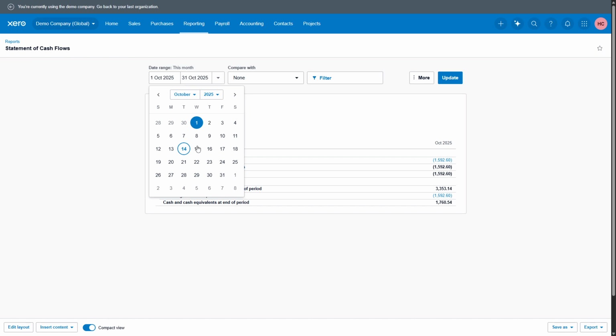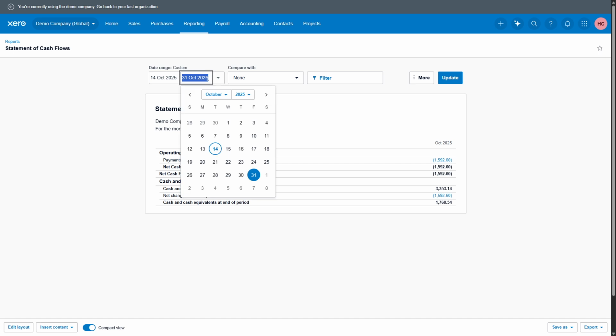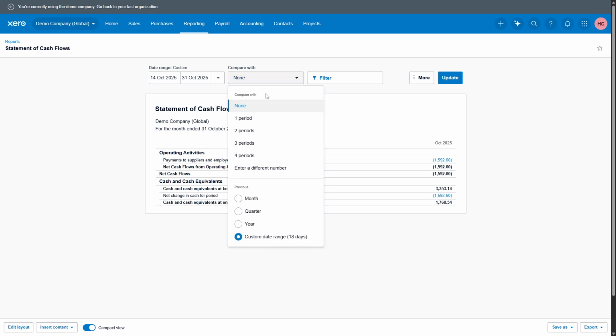After you've selected the Statement of Cash Flows report, it's time to set your desired date range. This tool is essential as it allows you to tailor the report to meet your specific needs. You can choose from options like this quarter or last month, depending on the period you wish to analyze. This flexibility ensures that the report is relevant and aligned with the timeline you're focusing on, allowing you to gain